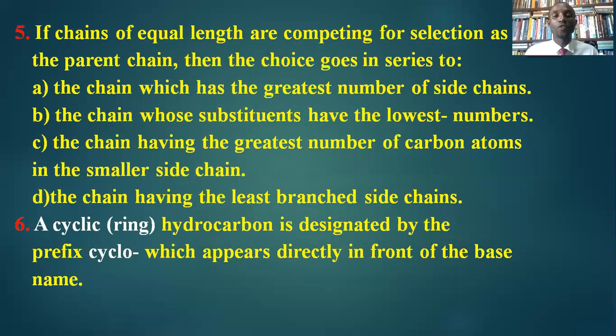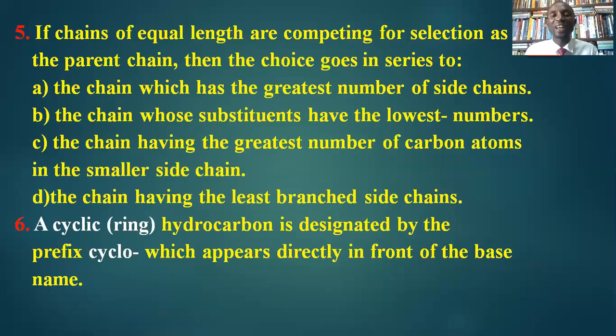All right, then the 5th point we need to note is this. If you still remember, number 1, identify the longest chain. Number 2, identify all the substituents. Number 3, number the long chain. Number 4, then in naming, know when a substituent appears 2 or 3 or 4 times, locate the position and put di, tri, tetra, depending on how many times it occurs. Number 5, we say if